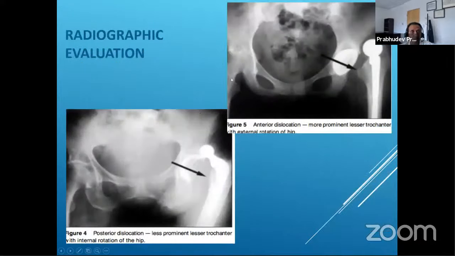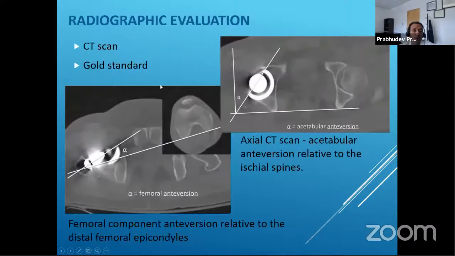Just a couple of X-rays showing anterior and posterior dislocation. In posterior dislocation, typically you can see the left trochanter is less prominent, and in anterior dislocation, the left trochanter is more prominent. If the X-rays are not satisfactory, CT scan is the next step, and it's typically considered